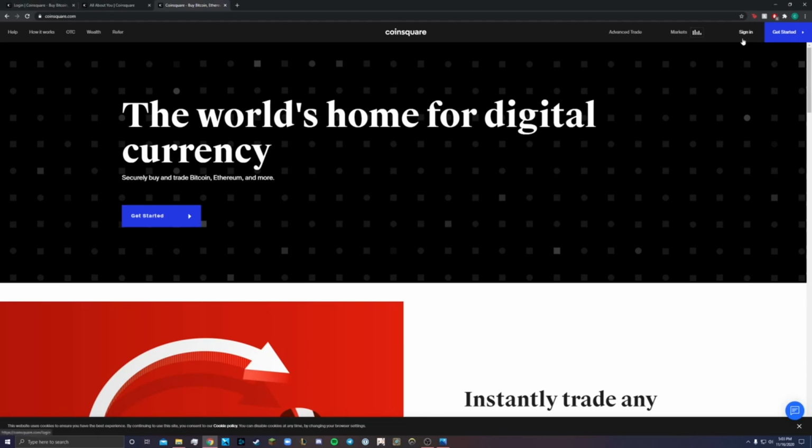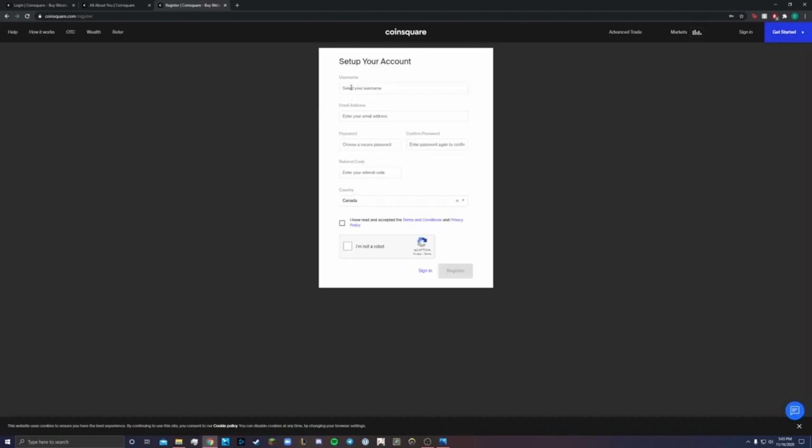So first of all, once you go to coinsquare.com, you're going to hit get started on the top right, and you're going to fill out all this information. You're going to put your own username, your email address. The username could be whatever you want as long as it's not already taken. And then your email address, choose your own password,